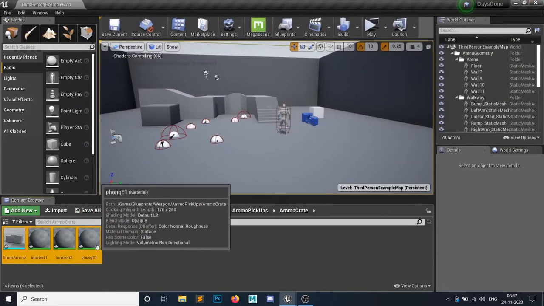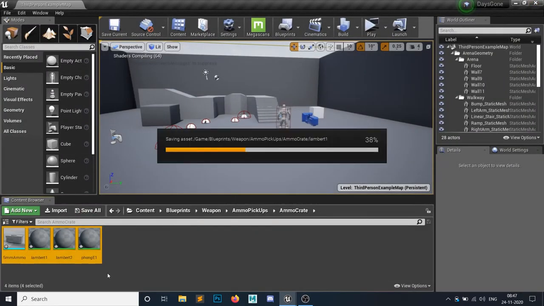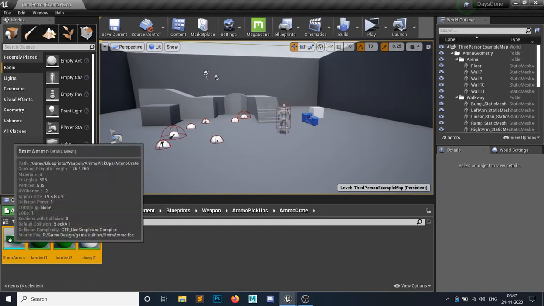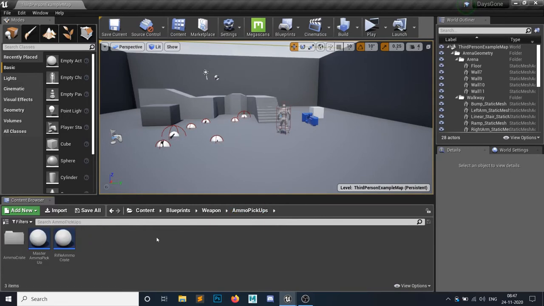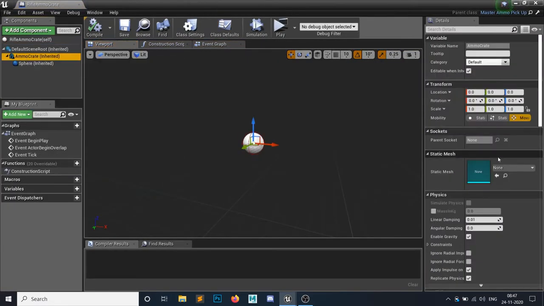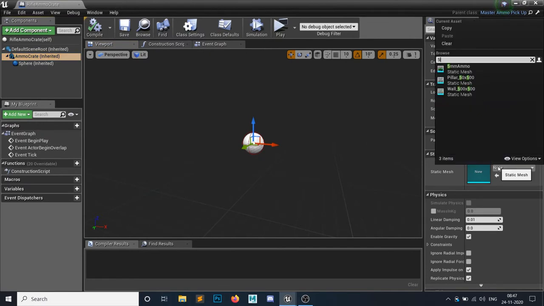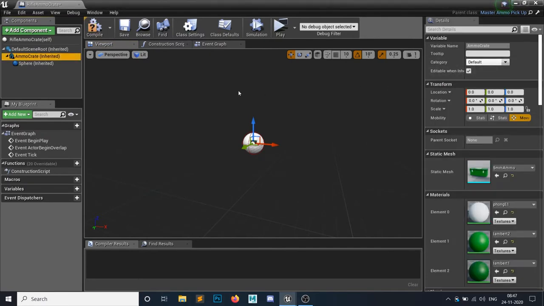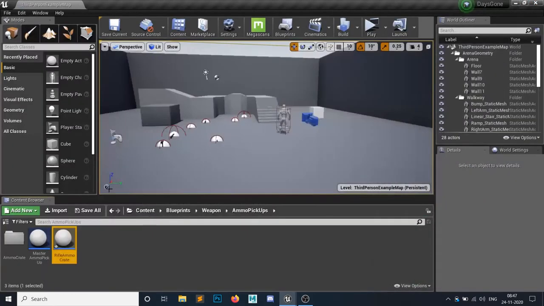Okay, so this looks something similar to this one, a green ammo crate. I simply need this ammo crate to set in my sniper rifle ammo crate. In this ammo crate, I will set 5 ammo, and I think this one would be 3. All right, so let's add this ammo in here.